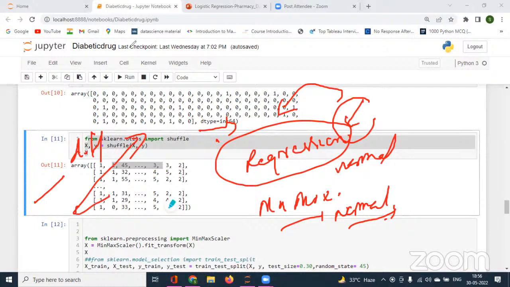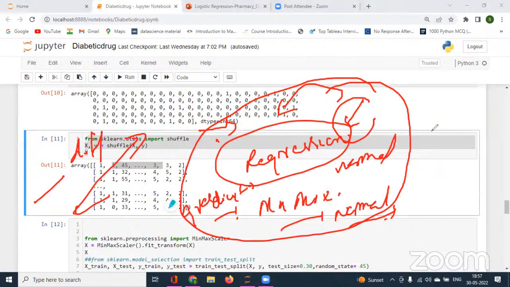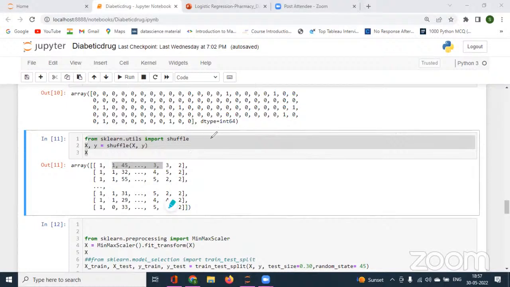But when it comes to the decision tree algorithm, you can directly put them. But when it comes to gradient descent based algorithms, you have to convert into the same scale. Data should be in the same scale, which you can do using the min-max scaler. That we are doing, and we are splitting the data